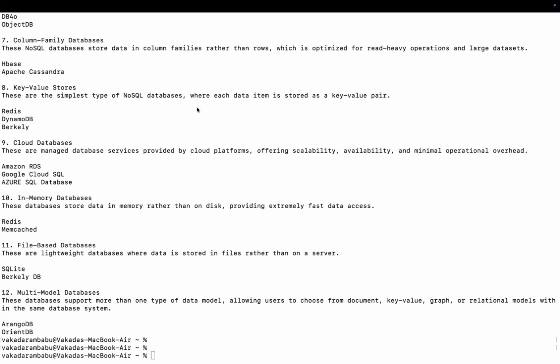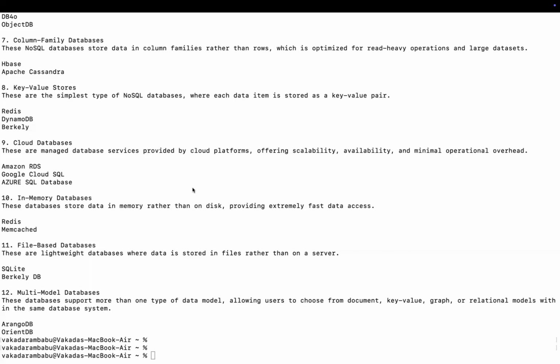In-memory databases. Instead of getting data from the disk every time, data will be managed in the memory for faster data access, right? Redis, MySQL, VoltDB. These are the memory-based databases actually. And one more thing, file-based databases, to store the data in the format of files rather than a server. Instead of a server, you can access the data from files like SQLite and BerkeleyDB, and a few multi-model databases are there actually,